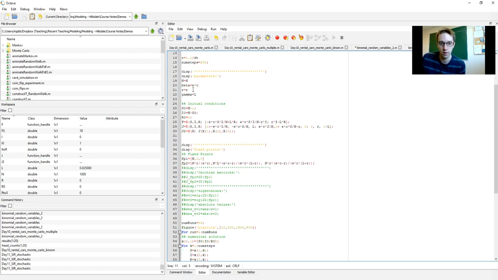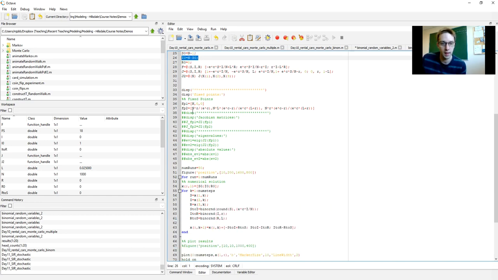I just want to choose some generic parameters so that we can see what types of behaviors we end up with. All right, we have our update rule, which incorporates the model that we built earlier. This is basically identical to what we did before. And we're going to start with everybody but one person healthy, and that one person sick. I'm also going to compute the fixed points that we computed earlier and add those to our plots, because I want us to see how that deterministic model correlates to this random model.